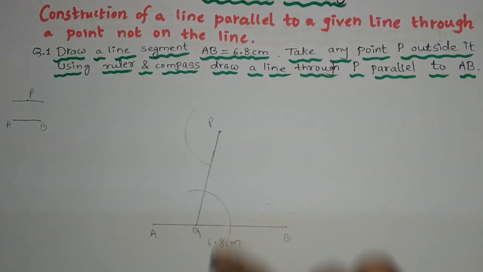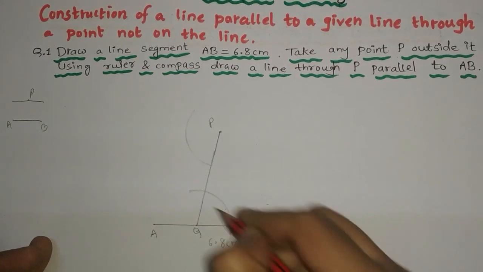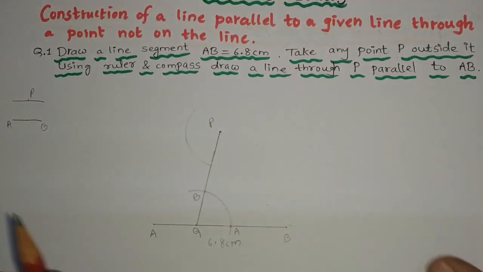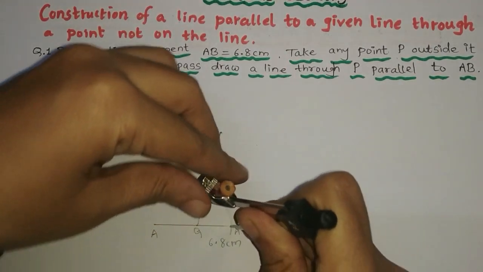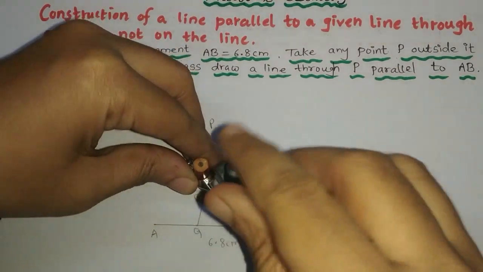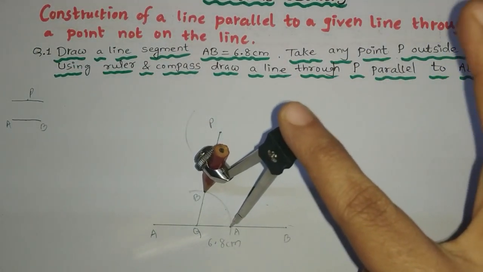Now I will measure this angle. Suppose I give names: this is a point A and this is a point B. So you have to open the compass and keep one point at A and another point at B, and just measure this angle. We'll measure this angle like this, children. So we have to measure it.